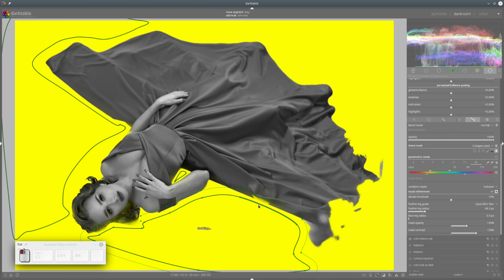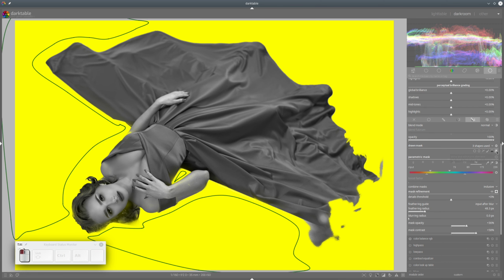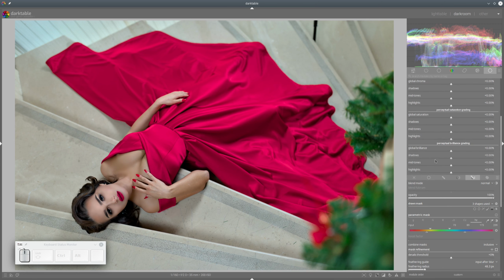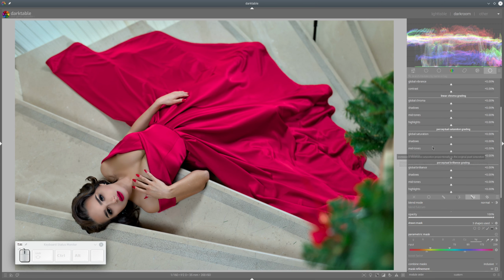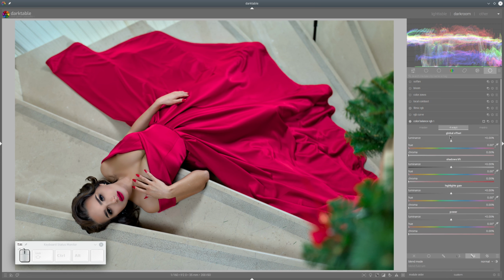Yeah, this one maybe a little bit. And I think it's okay. We can improve it even better, but it's enough for that. So now we have masked our background, and I would like now to give that background just a